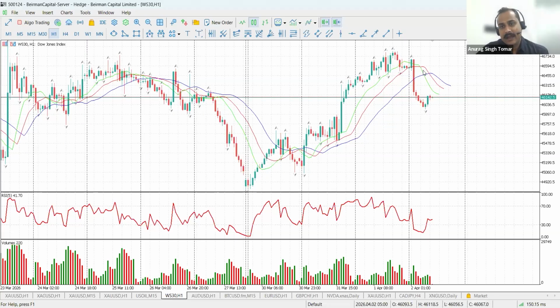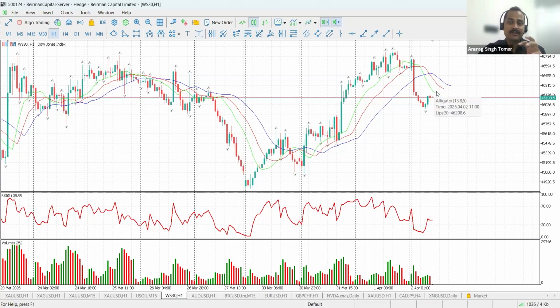Prices went up. See, my alligator has changed course towards the downside. Prices have fallen, momentum has slowed, prices try to go up, and now they are in a phase of time correction, right? So we need prices to go above this red line. This is the jaw, this is the teeth, and this is the upper jaw, or you can call it the tongue of the alligator. If the alligator wants to swallow anything, we need prices, that specific animal, to go inside the mouth of the alligator. Once that is done, there will be a reversal.